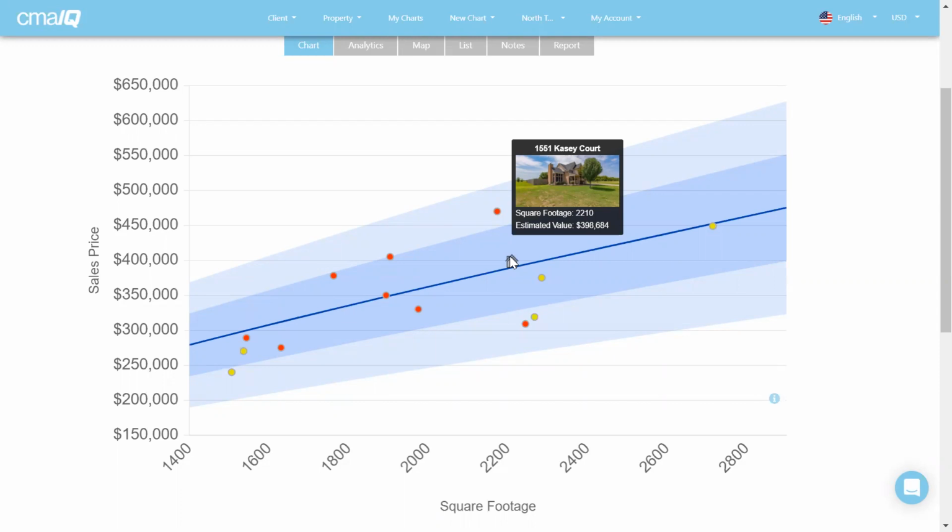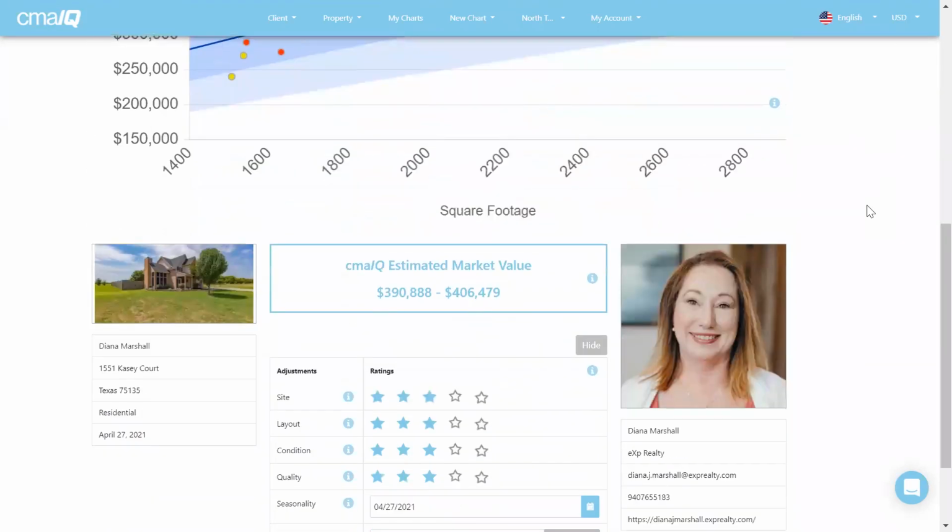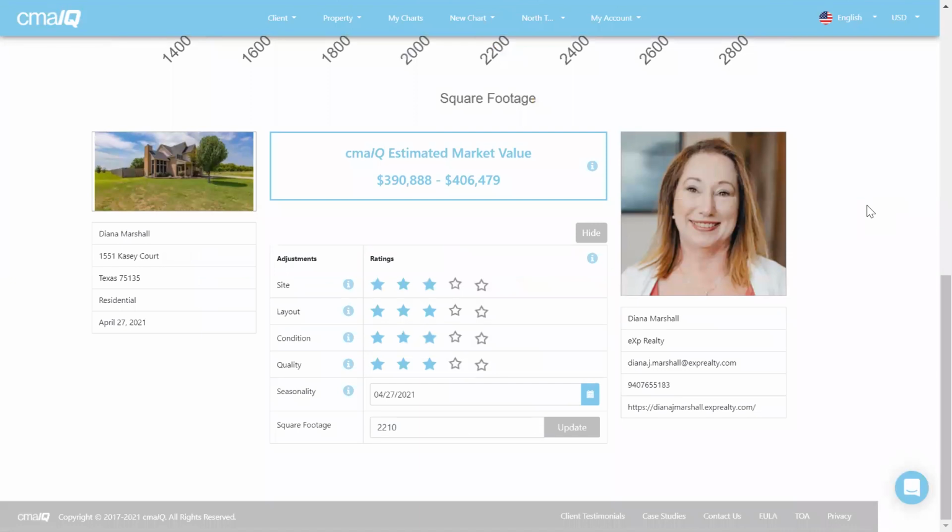So up right above this chart, there are some tabs. It says chart, analytics, map, list, notes, report. So just be aware of that. We're going to scroll down first below this little chart. So this is kind of cool. You put that picture in earlier to set it up, so now when you show them this report, it'll have the picture of their house in there, and that looks pretty fancy. What we're seeing here, cmaIQ estimated market value is somewhere between 390 and 406,